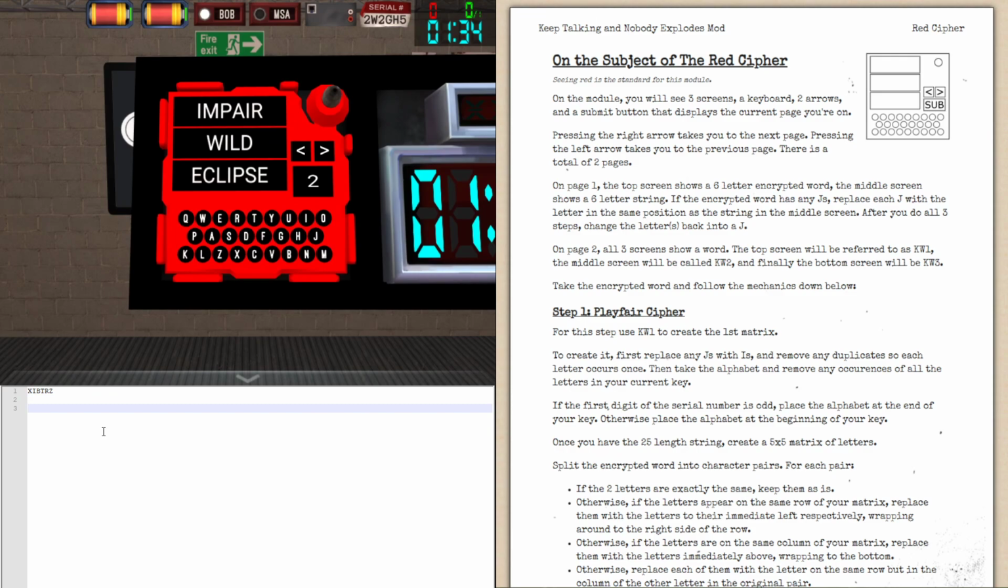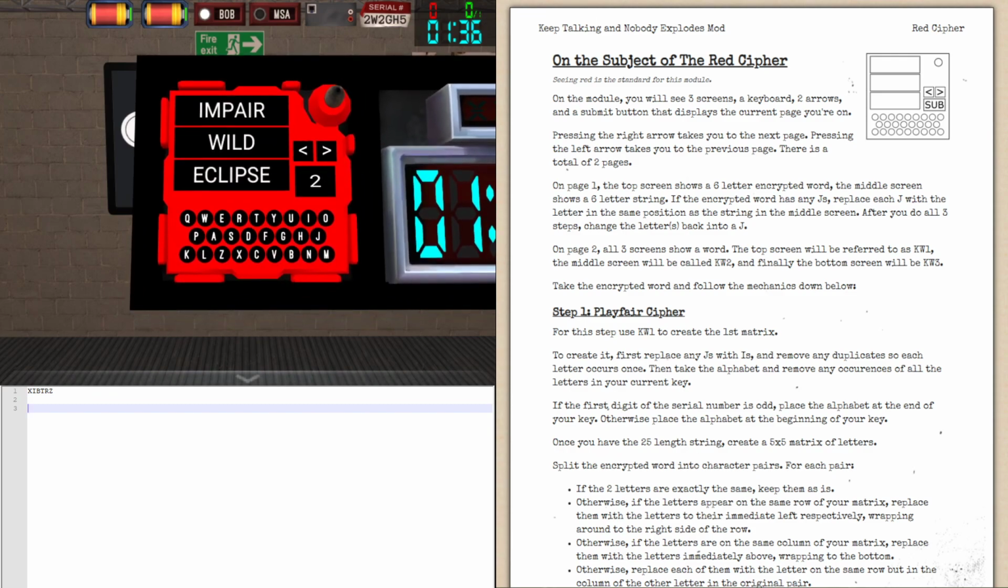And the next thing is we're going to need these words, and each of these words is a keyword. The first keyword references the top screen, so it's IMPAIR. The second keyword is the middle screen. And our third keyword is the bottom screen,